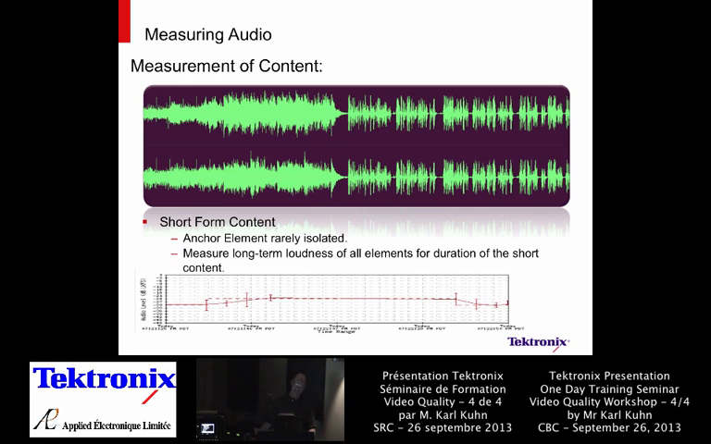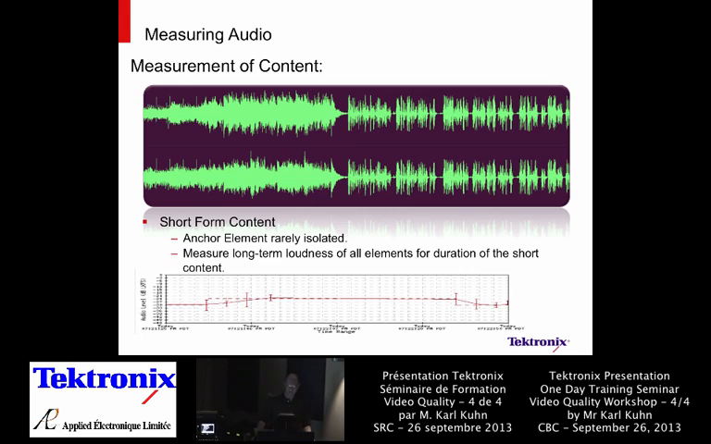Okay, short form content. Your anchor element is rarely or maybe not isolated. So it might be somebody strumming a guitar, or it might be waves crashing or something like that. So you have to use some creative talents to figure out what's going on. So you want to look at that, but still your level here is what counts. So when you're creating this content, we'll talk about tools for that. This is more the monitoring once it's finished, but somebody's got to create all this content. Short form content, the